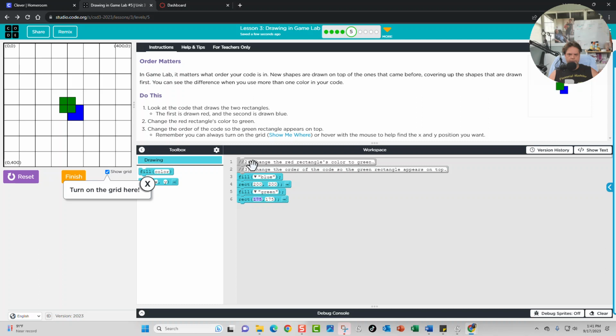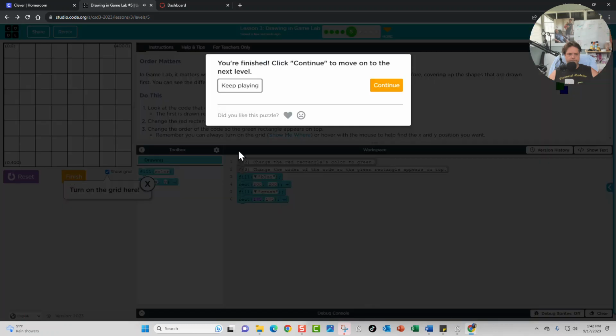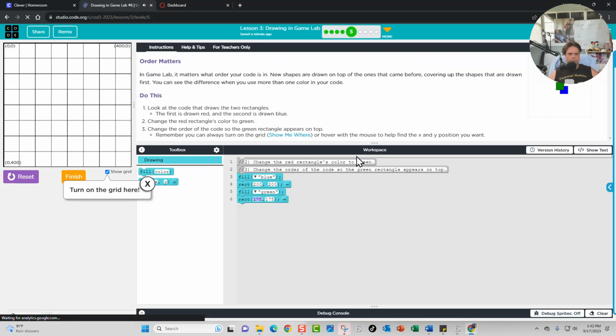So what the computer is doing is it's starting right here. It's ignoring, because remember these are comments, so it's going to ignore this line. It's going to ignore this line. Then we're telling it the next rectangle we make is blue, and so it's now going to draw this rectangle. Then we're telling the computer to draw the next rectangle. The next rectangle we draw is going to be green. And then it's going to draw this rectangle. So what we're doing is telling it to draw the blue one first and then the green one. And now we have the green one on top of the blue. And we are now finished. All right, let's go ahead and move on to